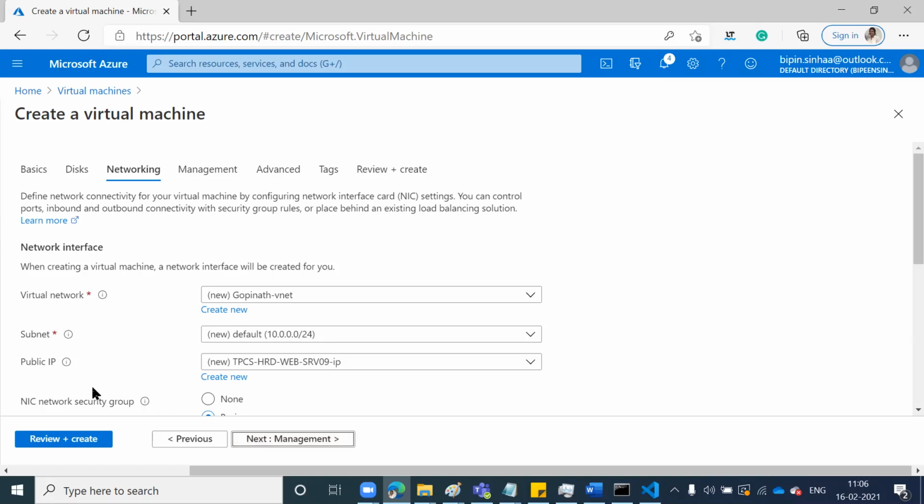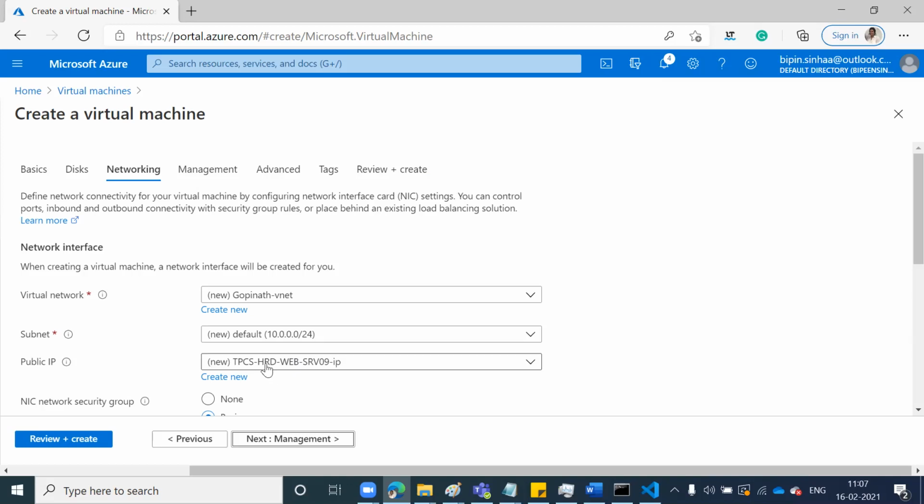So, what is the difference between the subnet and the public IP? It is going to give you a public IP, because how can you take a remote of the server from outside? To take a server from outside, you need a remote.